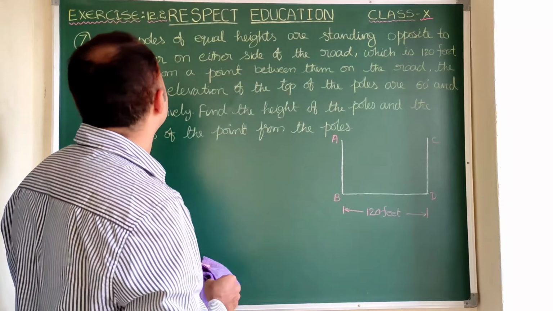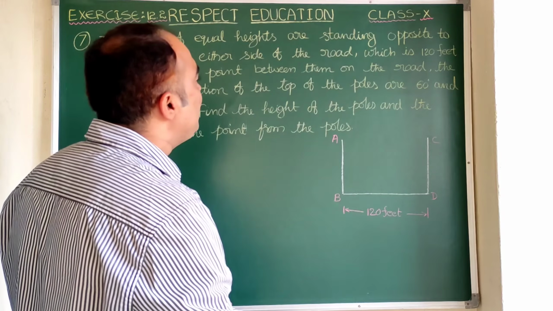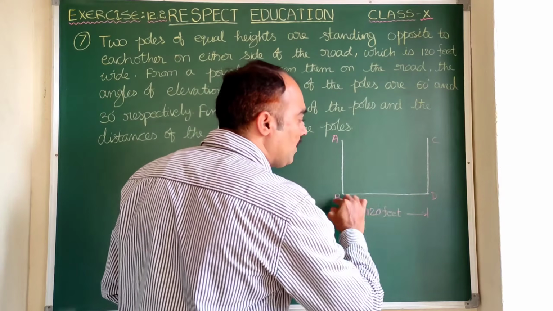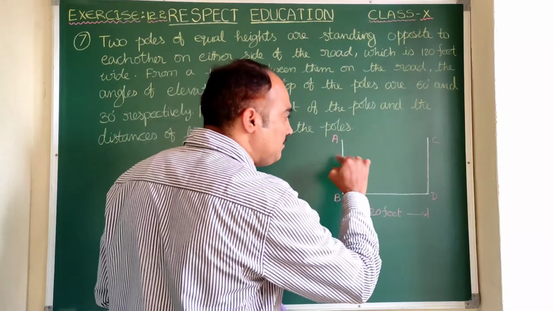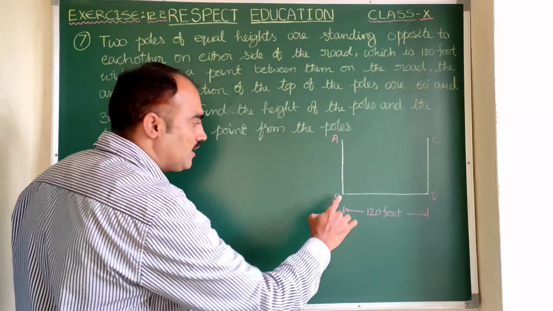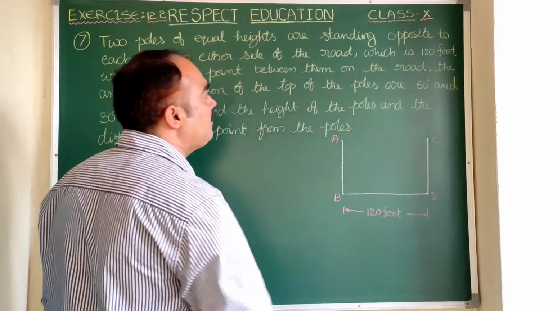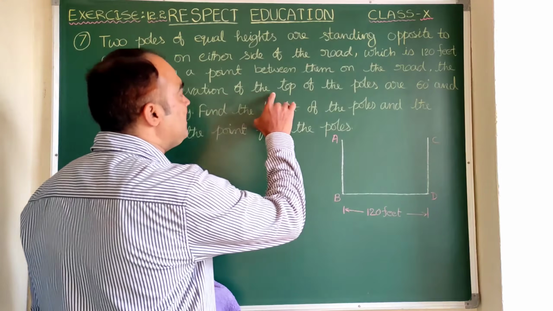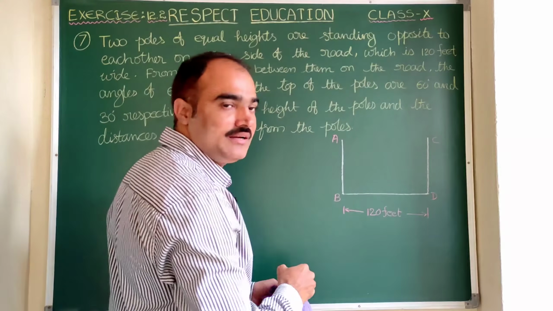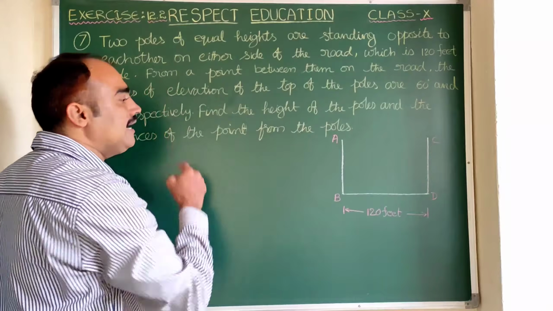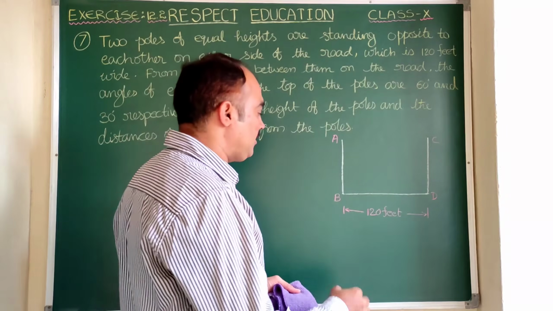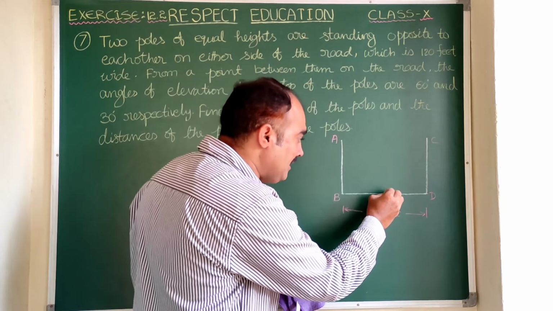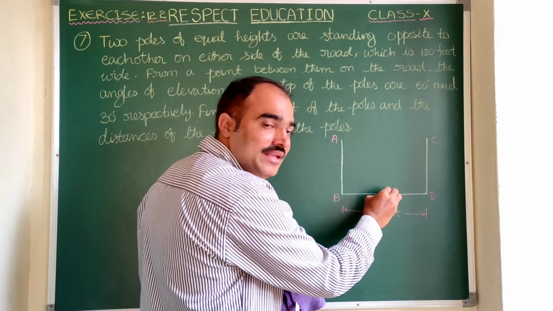Now the question is that from a point between them on the road. Here you can select any one of the points on the road, that is, a point in between both of the poles. So you can take here, here, here, anywhere. But the condition is that the angles of elevation of the top of the poles are 60 degrees and 30 degrees respectively. That means, for example, if you take the point at the middle, then definitely